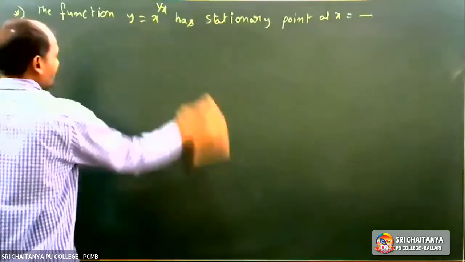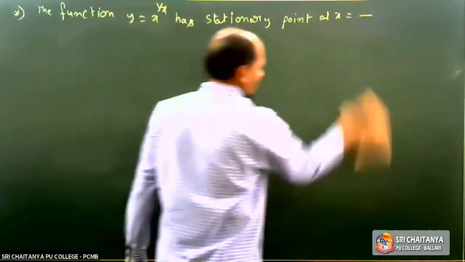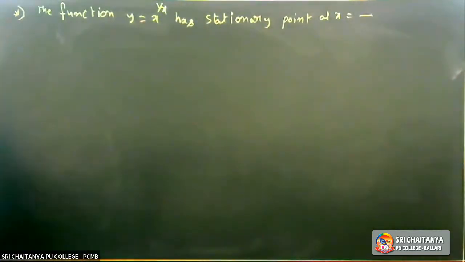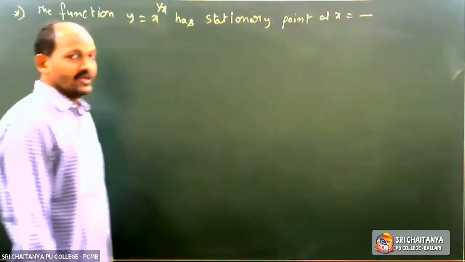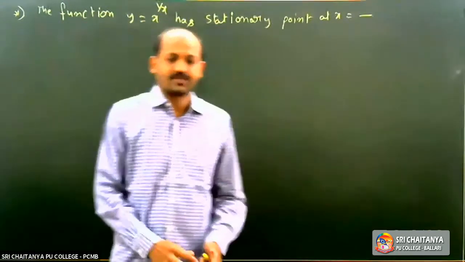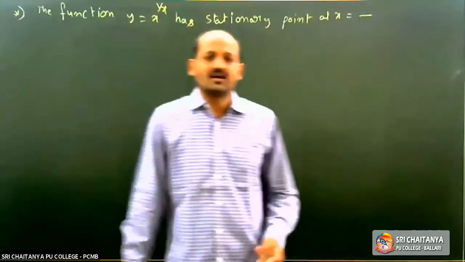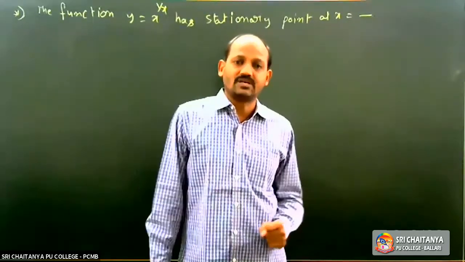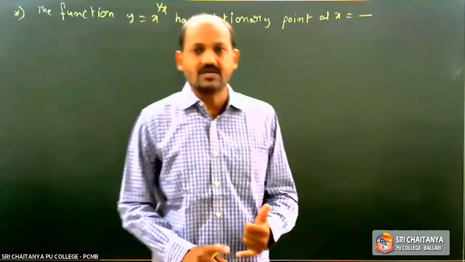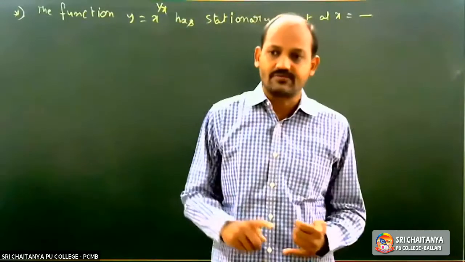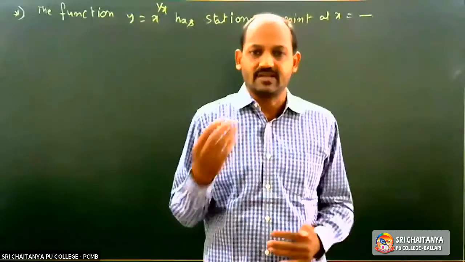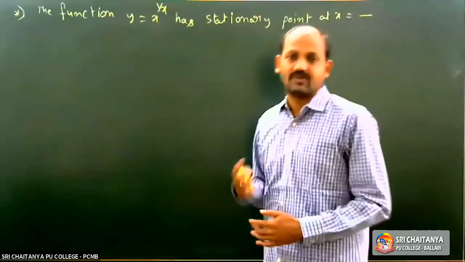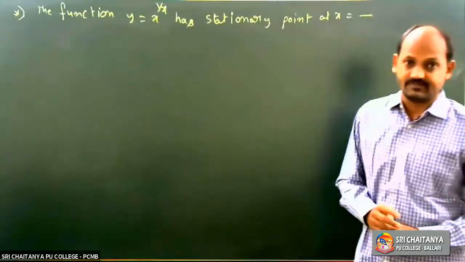So the given function is y is equal to x power 1 by x. X power 1 by x is which type of function? It is a logarithmic function. How to identify whether it is logarithmic or not? The function is f of x power g of x, where f of x and g of x both are in terms of x. X power sin x, tan x power x, log x power x, all are logarithmic forms.